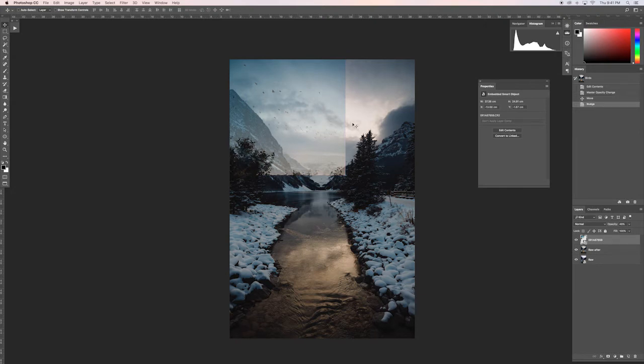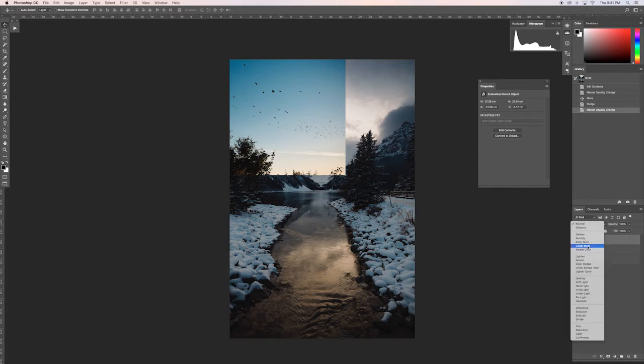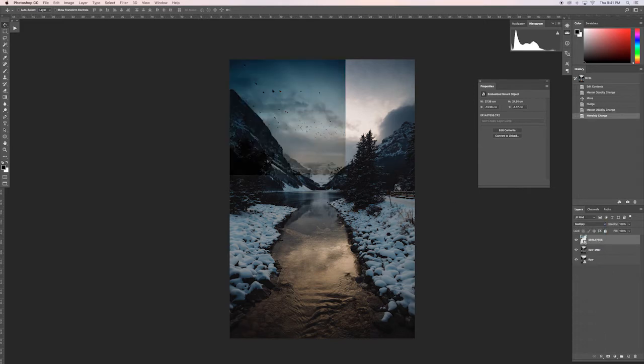Now that we got the position of the birds down, we'll be playing with the blending mode. Let's move the opacity back to 100%, and for the blending mode, we'll be using multiply. I really like multiply because it does two things. It hides the lighter colors and it brings out the darker colors. If you photograph birds during sunset, they're pretty underexposed and quite dark. So that's why when you choose multiply, it's